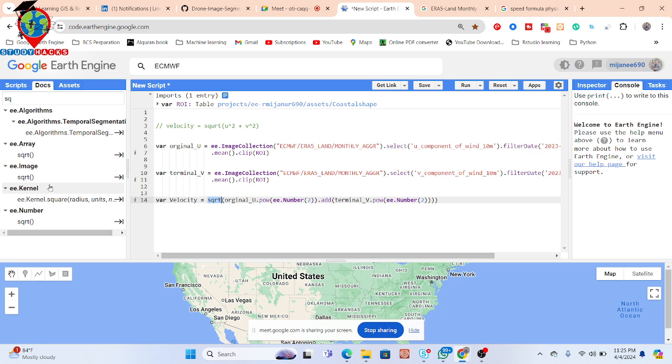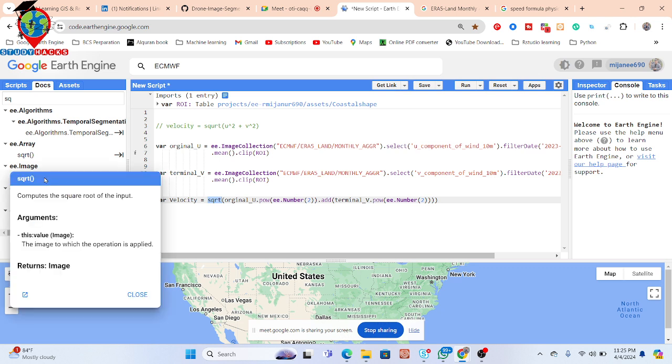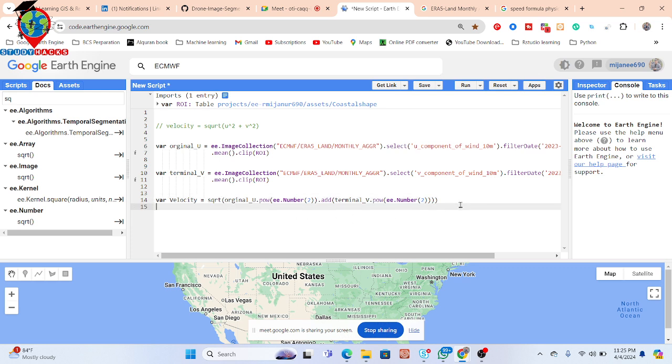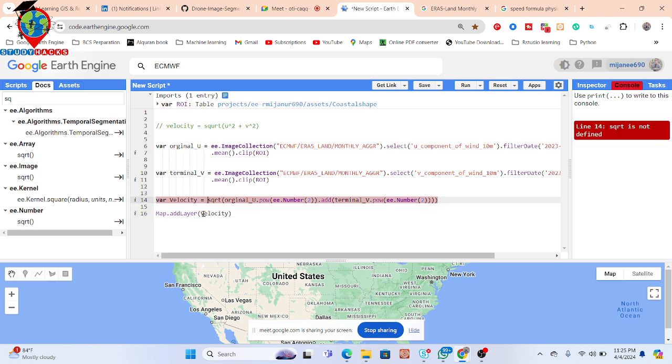Okay, SQRT we try to add in here. Compute the square root of the input. So now we try to have the dot add layer function. And this time, okay, it's showing that square root is not defined. Okay, so for that,